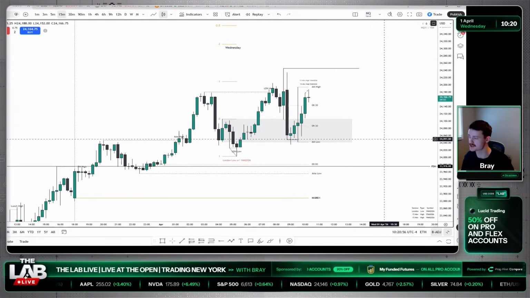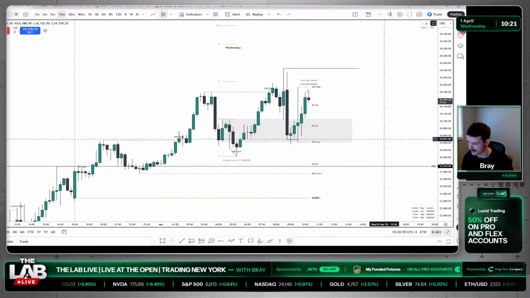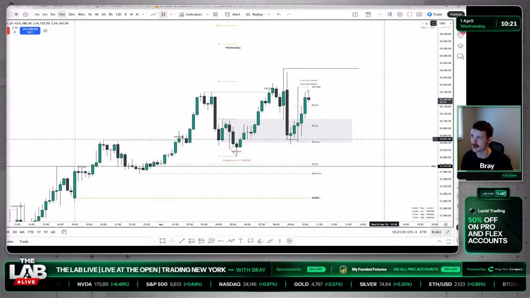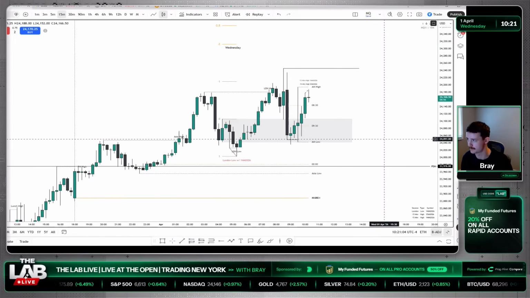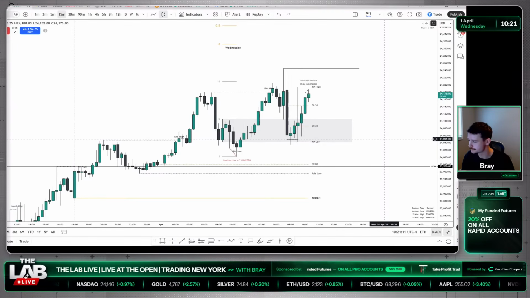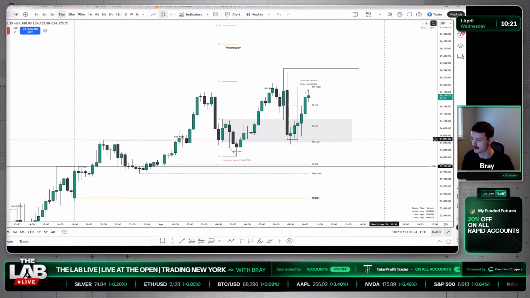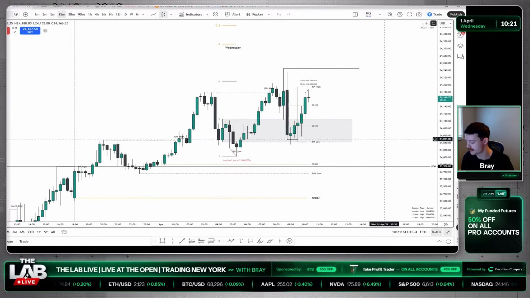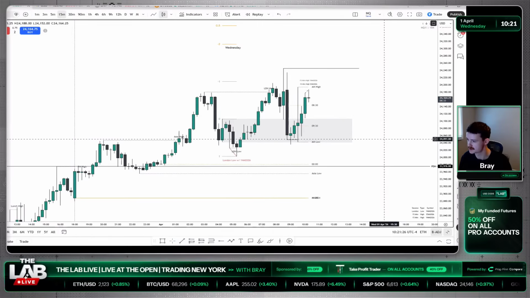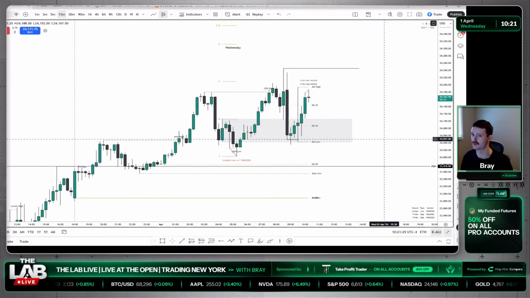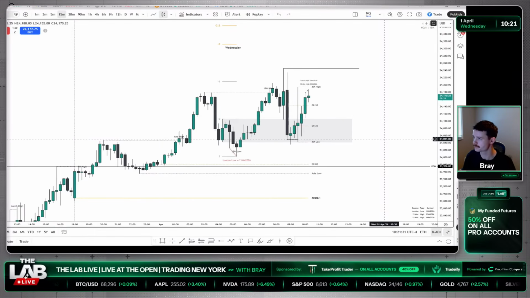So it's just a POI, just like everything else, right? A high time frame fair value gap is just going to be a lower time frame liquidity pool. So if we see SMT at that liquidity pool or that fair value gap at our POI, then I will look for a breaker, and then I will use standard deviations as well. So it's all about building confluences to validate and improve the probabilities of your idea itself, right?